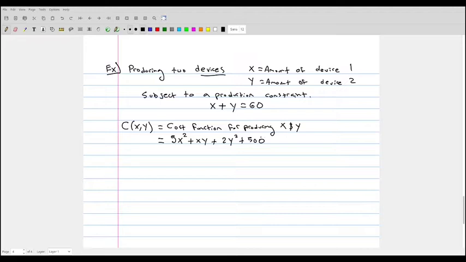So for any amount of the quantities x and y, this function is giving us the exact cost